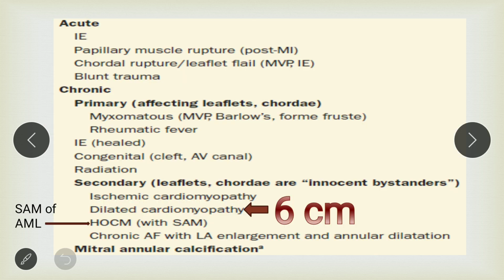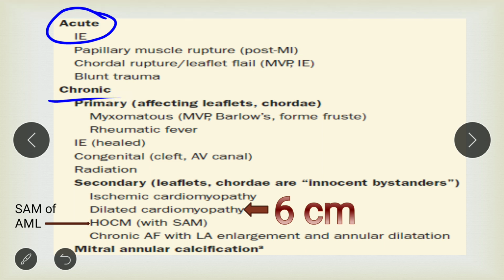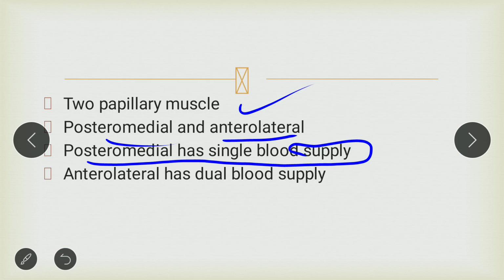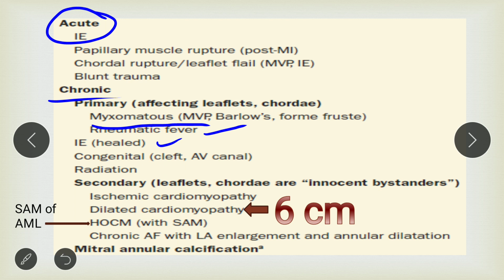So these are the list of diseases that can produce mitral regurgitation. It is classified into acute and chronic. Acute we will see in a separate class. Chronic is due to myxomatous valve degeneration, rheumatic fever, and infective endocarditis, because in infective endocarditis, the vegetation can sit over this and cause rupture of the chordae tendineae, and radiation can cause fibrosis and retraction of the valve leaflet, thereby leading to regurgitation.